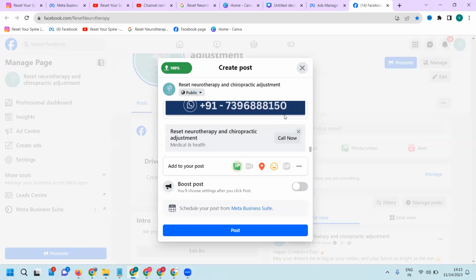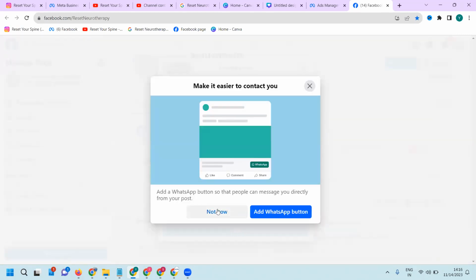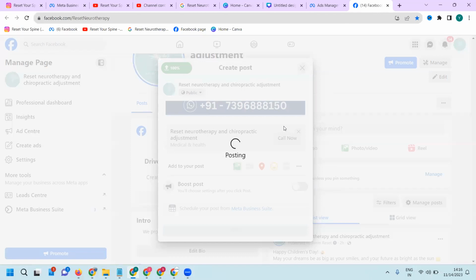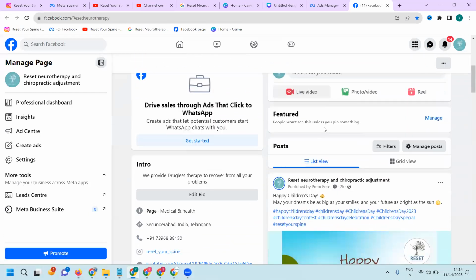In this particular business, for call getting purposes, we have to create a post along with the call option by using video. Image options are acceptable and video will also be acceptable. Click to post it. After posting, you are adding a WhatsApp button or call button. I'm looking for the call button. Click not now for the WhatsApp button. After some time, like less than a minute or 50 seconds or 20 seconds, the post should be uploaded on your